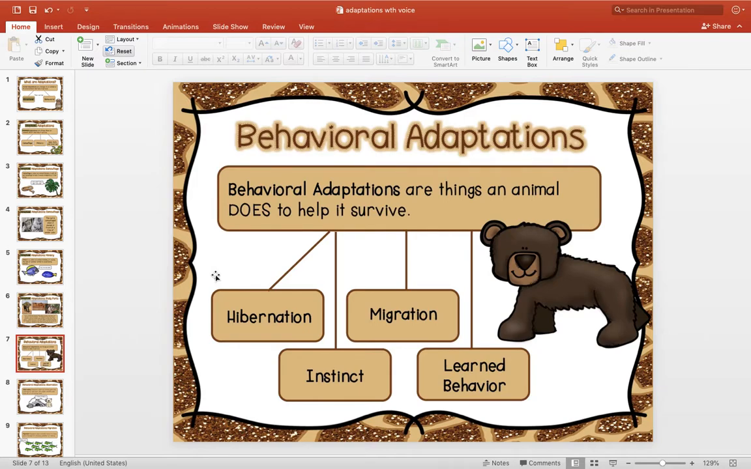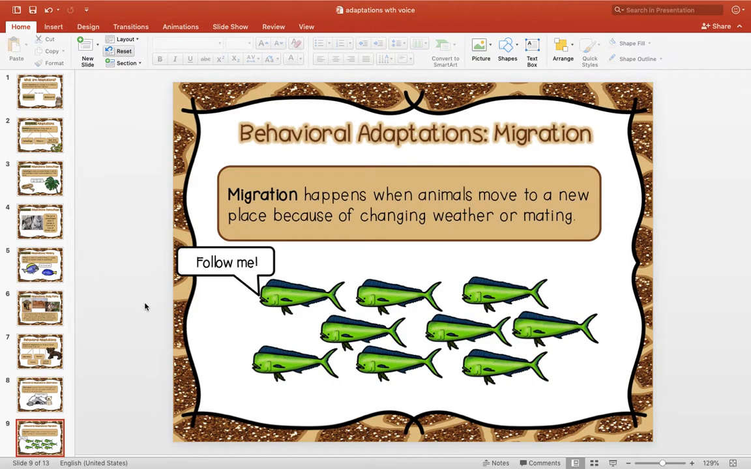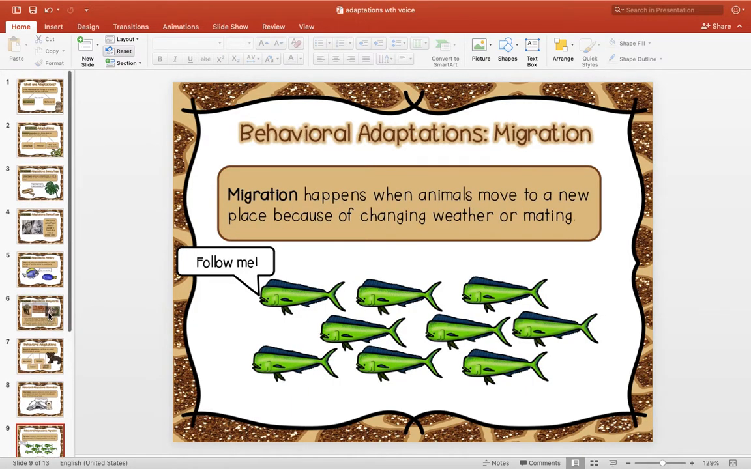All right, let's talk about the behavioral adaptations. Behavioral adaptations are things an animal does to help it survive. You've already heard the words hibernation and migration, so those are not new words, but we're also going to talk about instinct and learned behaviors. Hibernation is, of course,